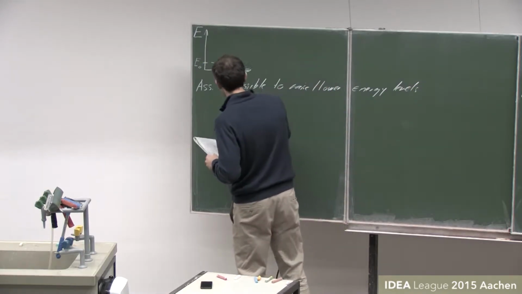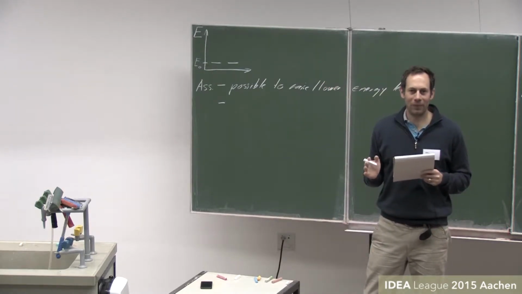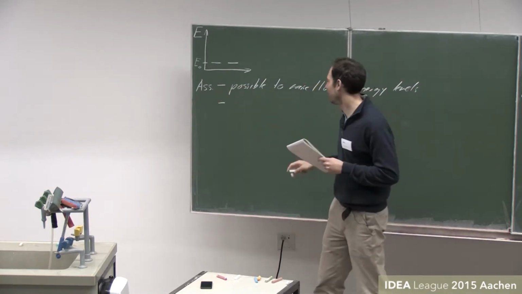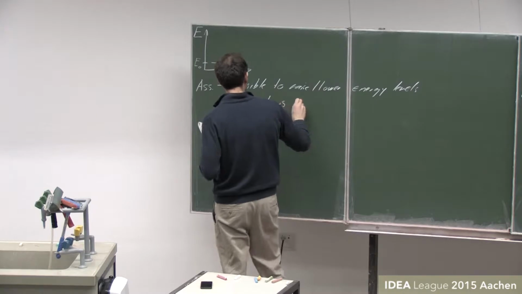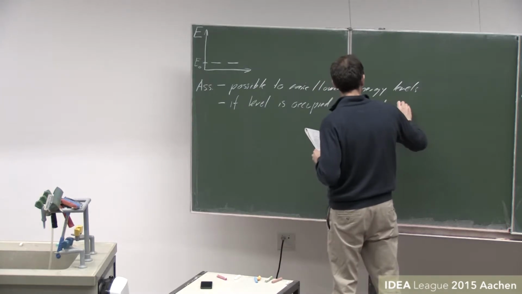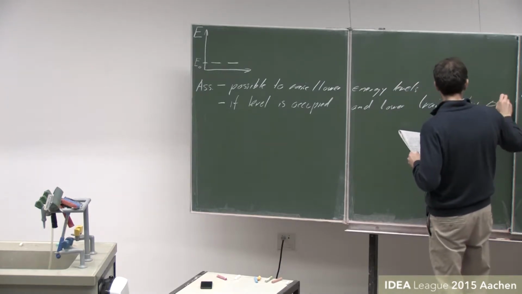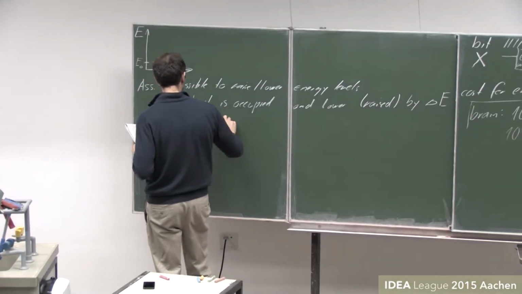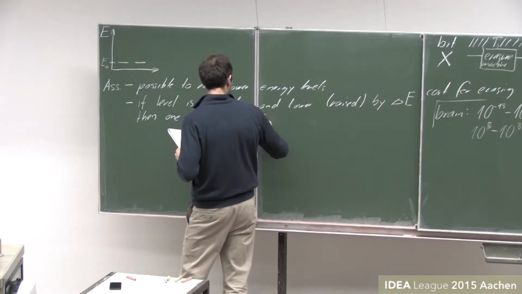And now there is one part of this assumption which is, at least I would say for today's experiment, at least challenging, if not probably impossible. But I will later tell you how one could circumvent that. But let's for the moment assume that if the level is occupied and lowered or raised by some amount delta E, then one gains, or has to invest if one raises it,